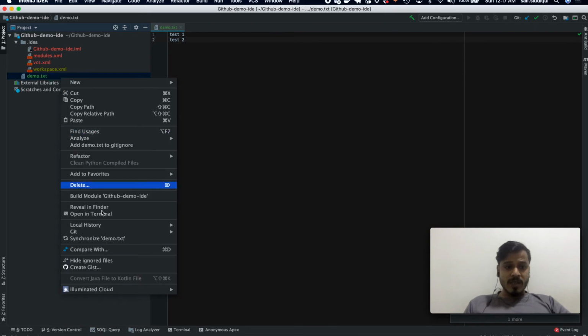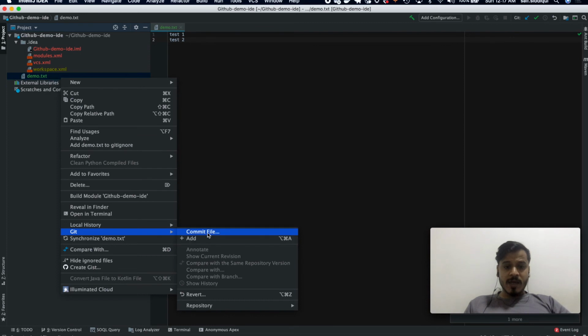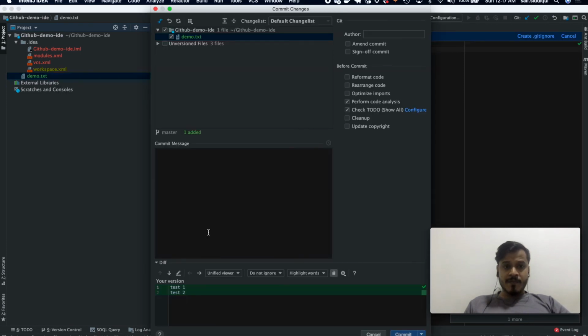After doing this, I will go again and tap on commit file, and maybe I can write first commit here as a message, so that I am aware what I did in this file. And then you see here there is a commit and push option and a commit option. I don't only want to commit, but I want to push it into my repository also. So I tap on commit and push.